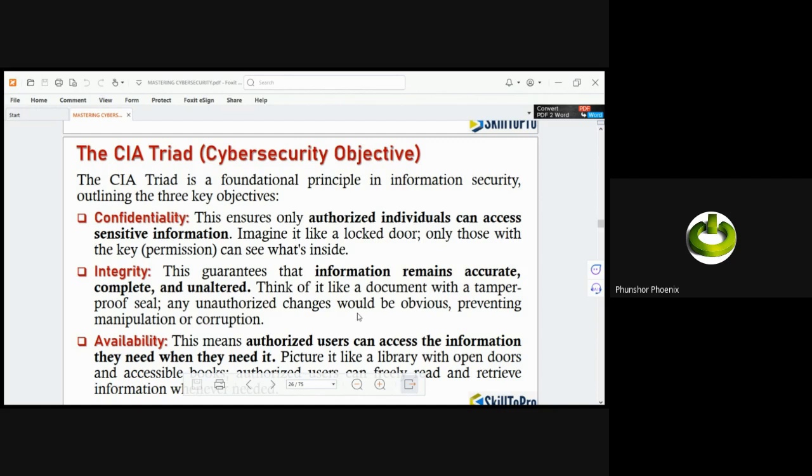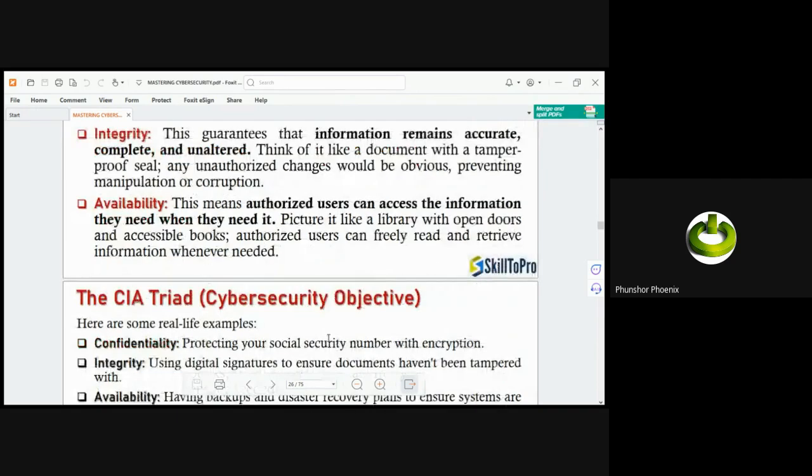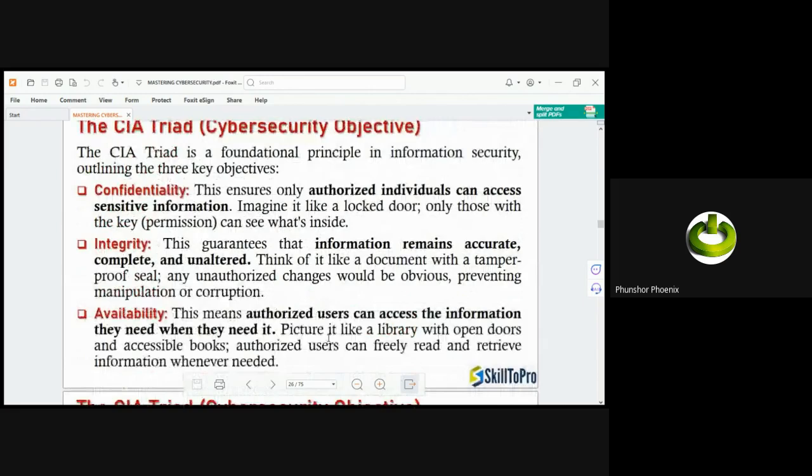I don't want to make the CIA Triad complex at this level. Yes, I can extend it continuously using instances to buttress confidentiality, integrity, and availability, but no, I wouldn't do that now because we continue on the journey of cybersecurity. So as we go on, I will talk more about these three, but I need you to note for the time being: protection of access is confidentiality, protection of modification or alteration,